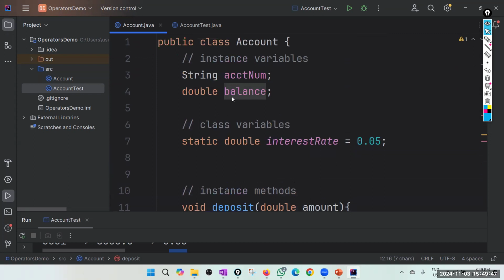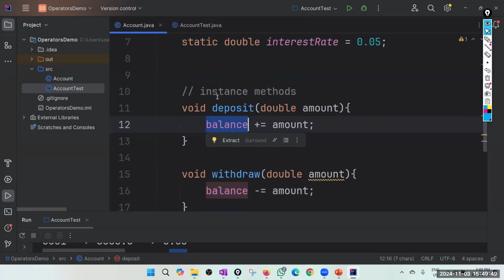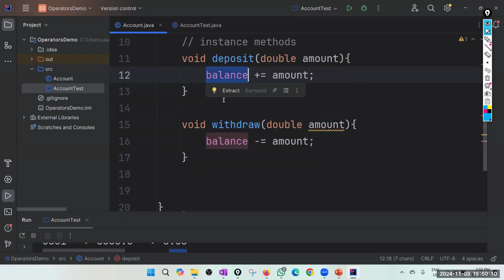Balance is an instance variable, so you can't mark this as a class method. You must keep it as an instance method because you are referring to one of the instance variables. If you refer to at least one instance variable, you must mark the method as an instance method. That means don't use the static keyword. The same goes for deposit and withdraw.